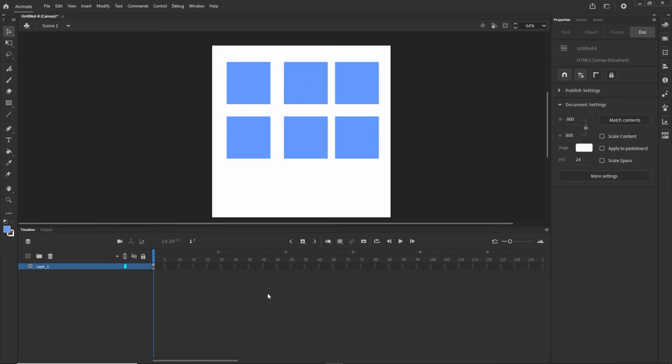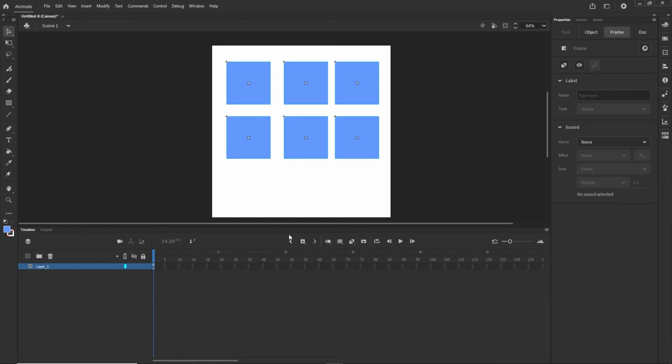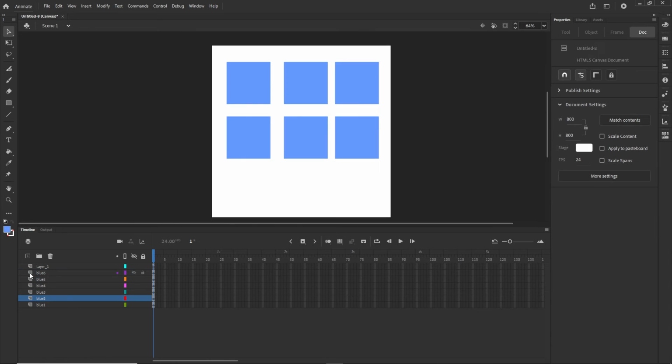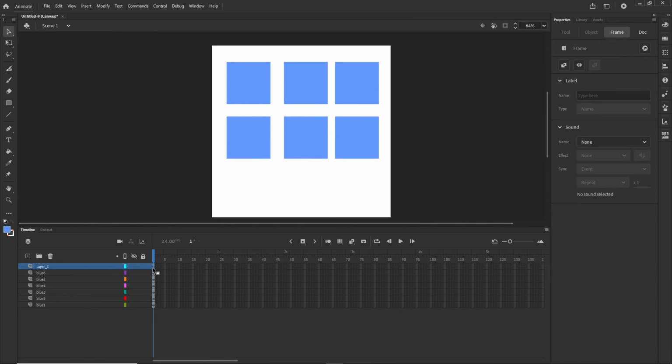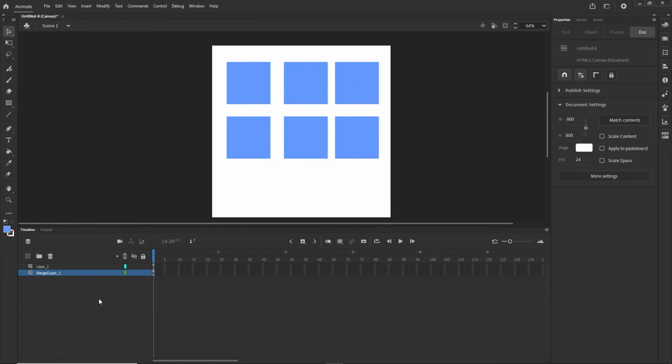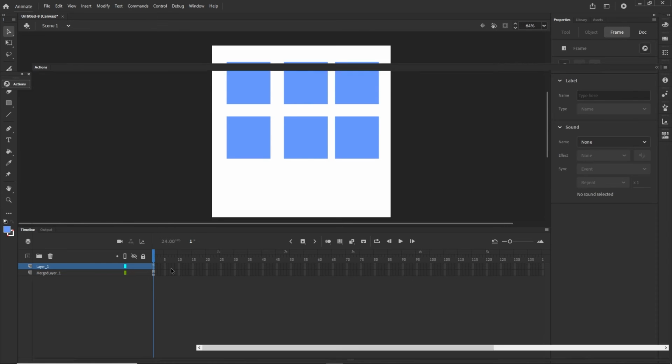Now, one thing that I don't like much is that right now I have all of this in layer 1, my code and my shapes. So what I can do is click on this layer 1, right click, and choose distribute to layers. So right now my layer 1 contains only the code, and the rest is like so. And if I want, because I do not need to have them on separate layers, I can select them, right click, and choose merge layers. But that's something which doesn't matter right now. And now what I can do is create